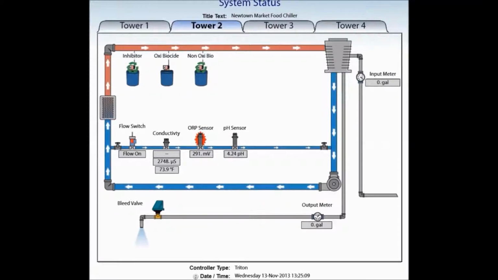Toward the bottom, I see an indication that the bleed valve must be open as water is bleeding from the system. And in the middle, I can see an unmistakable warning of a problem. This is a low alarm on the ORP sensor, the oxygen reduction potential sensor, measuring the amount of oxidizing biocide